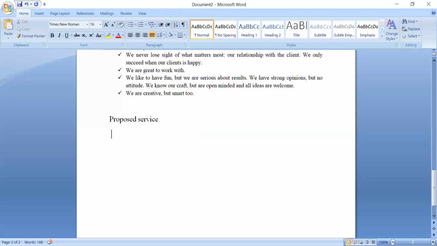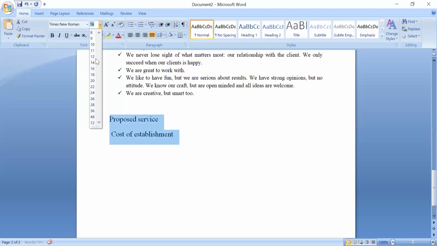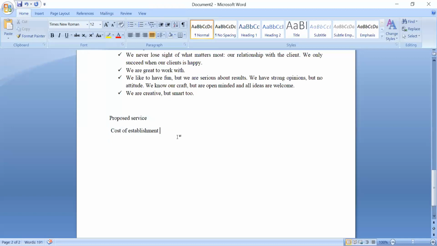Now, what you do here is more complex. It's more complex because you have to give a breakdown of how the company will work. So you will be looking at some things. One, you'll be looking at the cost of establishment. So we are saying, for example, maybe you want to start a poultry farm. So what is the cost of establishment? Now, to know the cost of establishment, you have some things you look for. You look at the cost of materials,